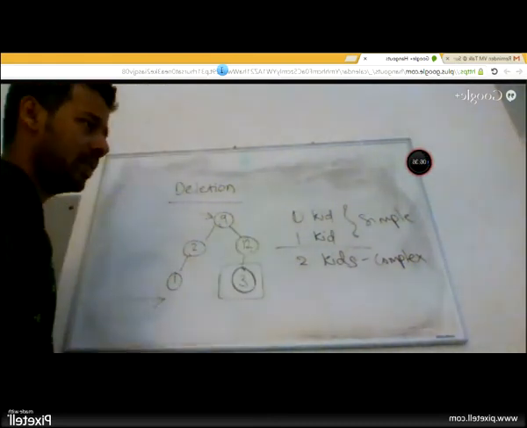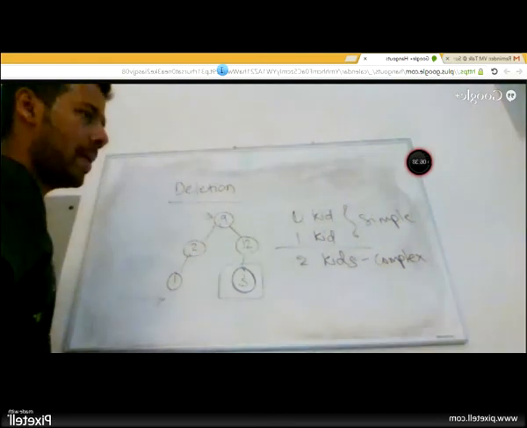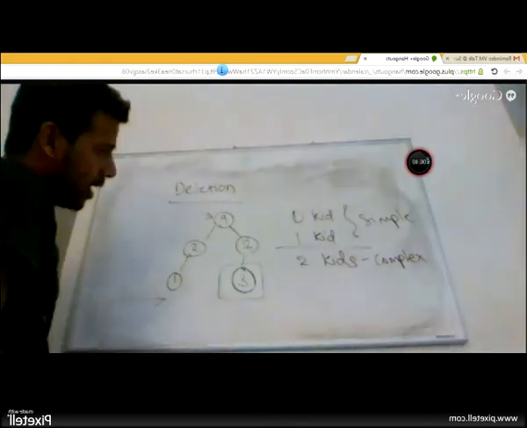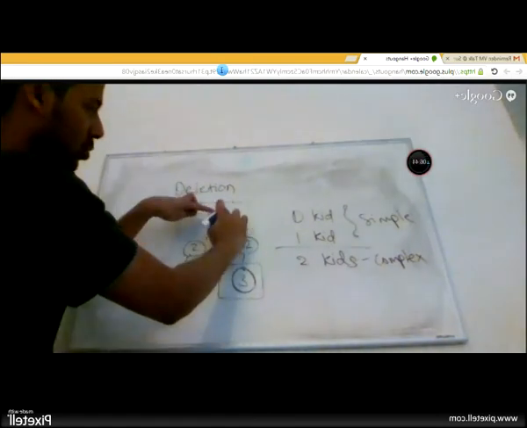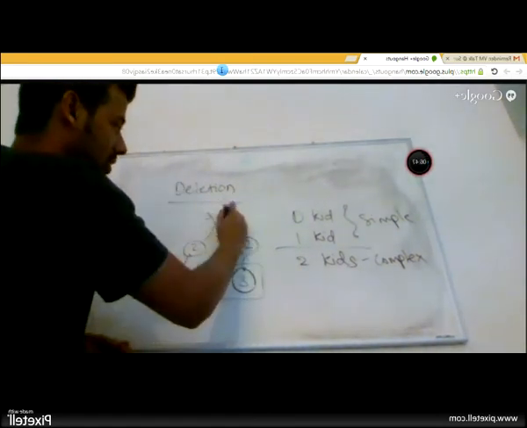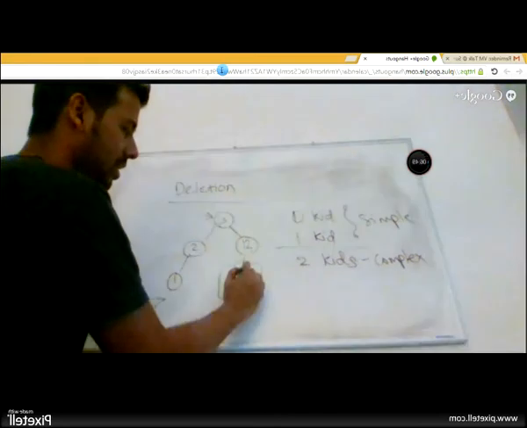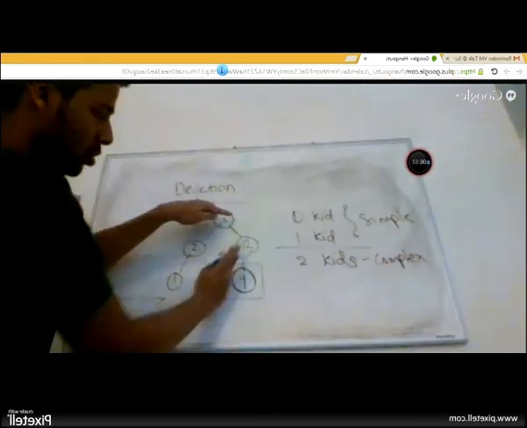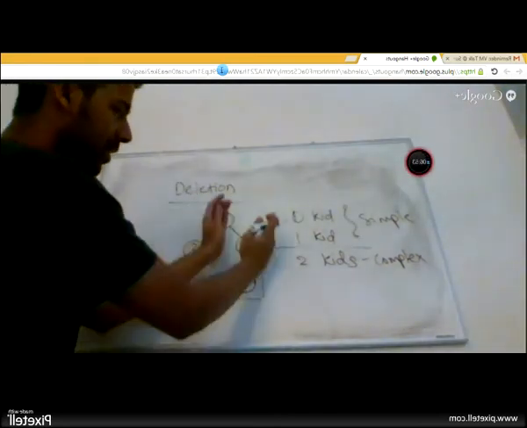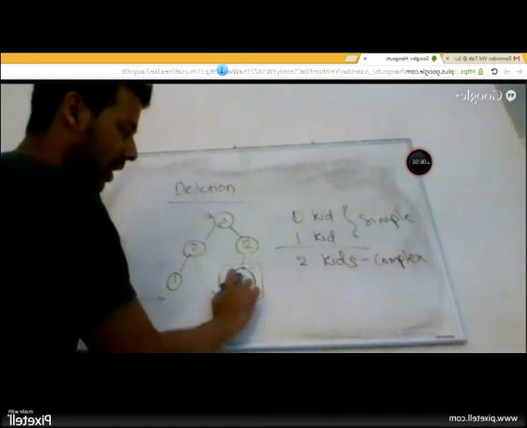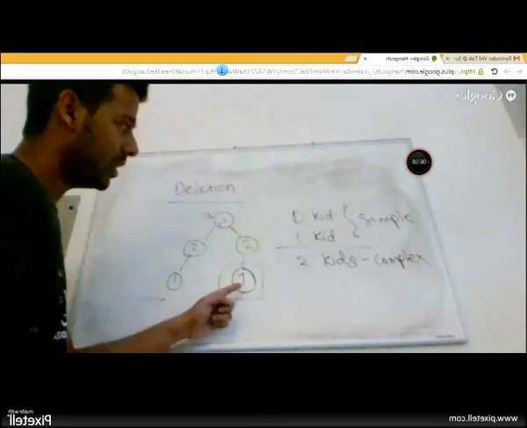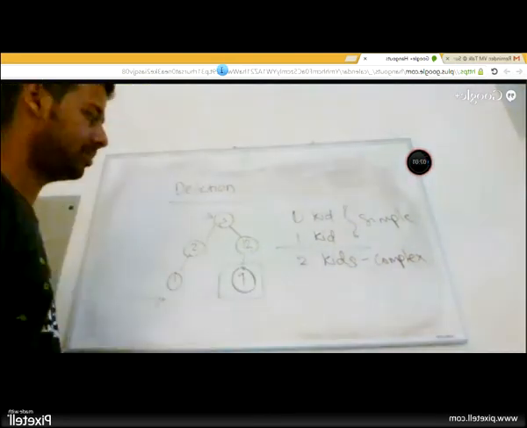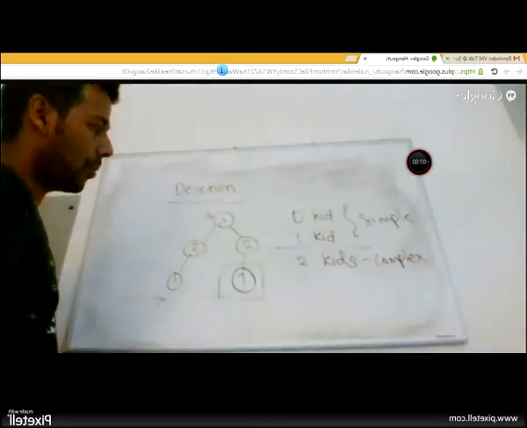Know that an in-order successor of an element is the leftmost value of the right subtree, right? In this case, if this was 3 and this was 9, we'll go back. Originally it was like this, right? The in-order successor is the leftmost node of the right subtree. This is the right subtree and the leftmost node is 9. And then I go and swap. This has to be either a leaf or it can have at most 1 kid.